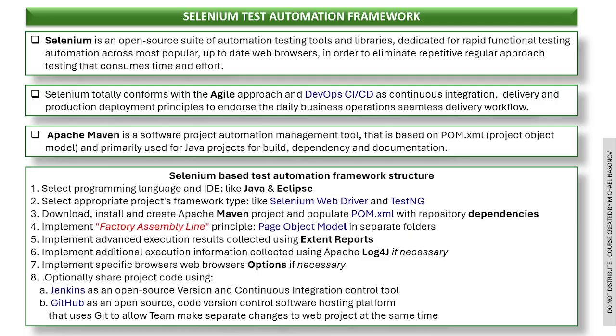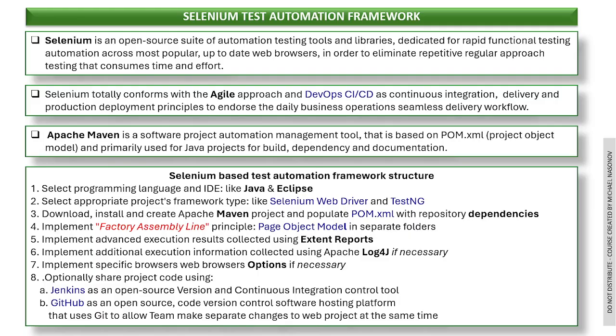Log4j mostly exists for professional developers. Implement specific web browser options if necessary. It is really optional. Optionally, share project code using Jenkins as an open source continuous integration control tool,